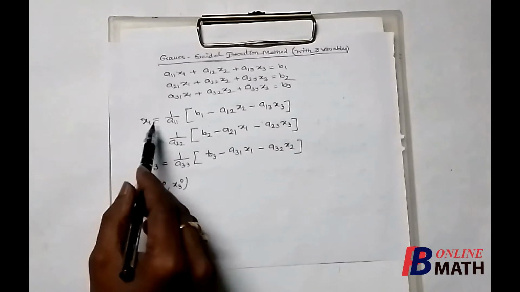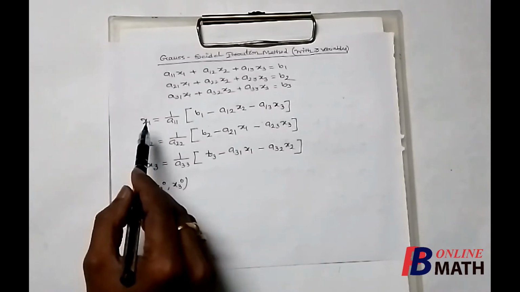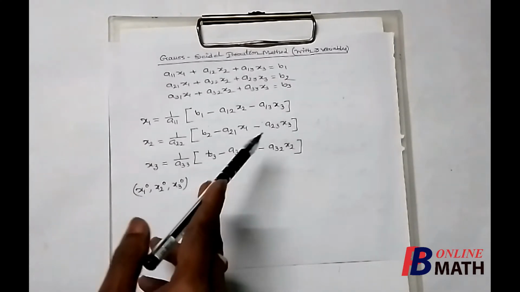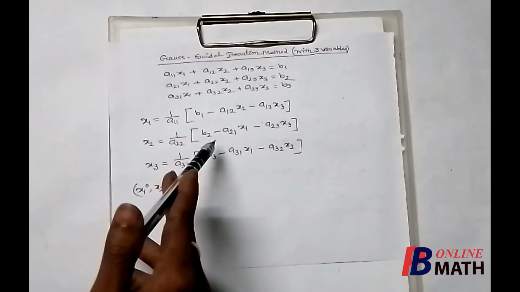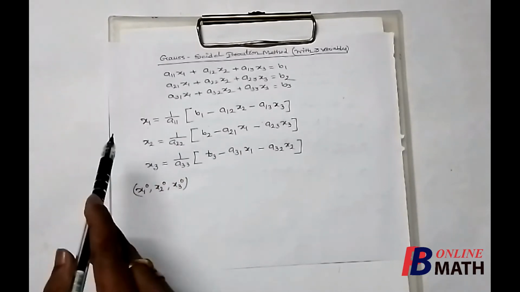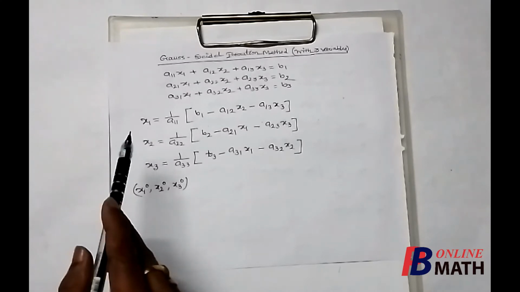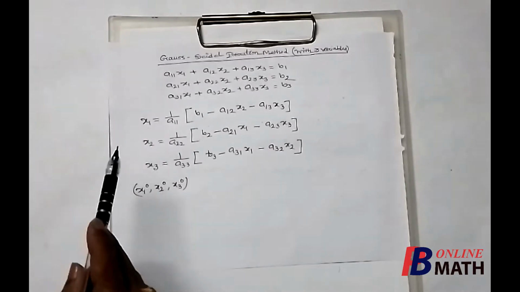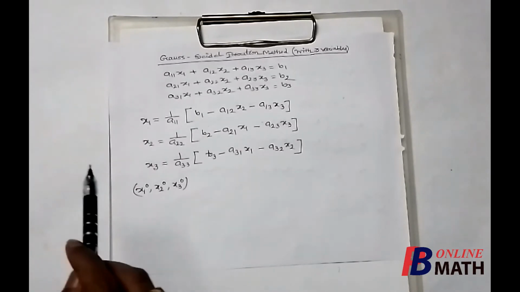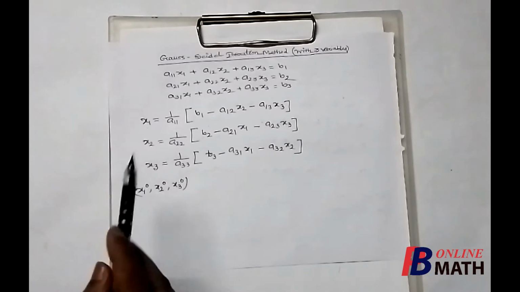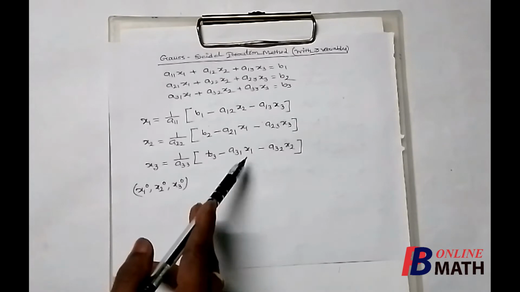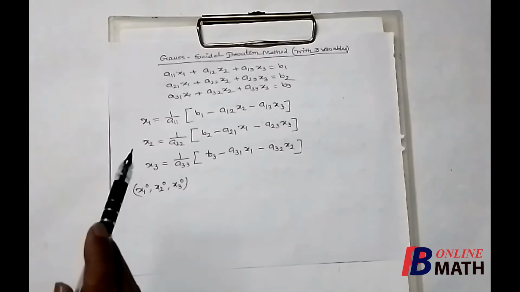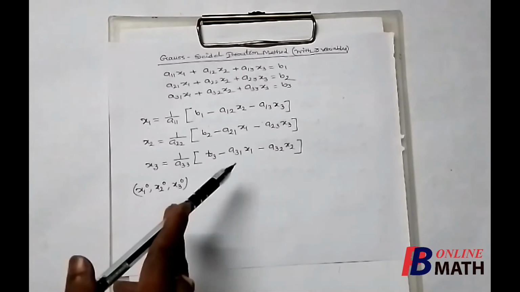Now we have one better approximation of x1, which is x1 1. Now if we put this x1 1 and x3 0 in the second equation, then we get one better approximation of x2. So now we have two approximations of x1 and x2, but only one approximation of x3. Now the second approximation of x3 can be found if we put the values of x1 and x2 in the third equation. Now in this case, we shall put the better approximation of x1 and x2 in the third equation.